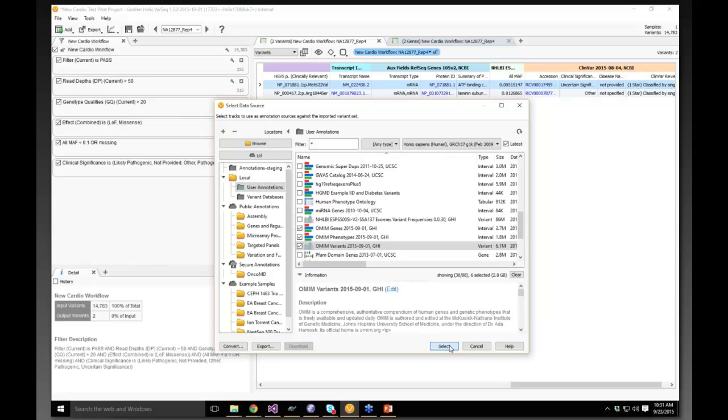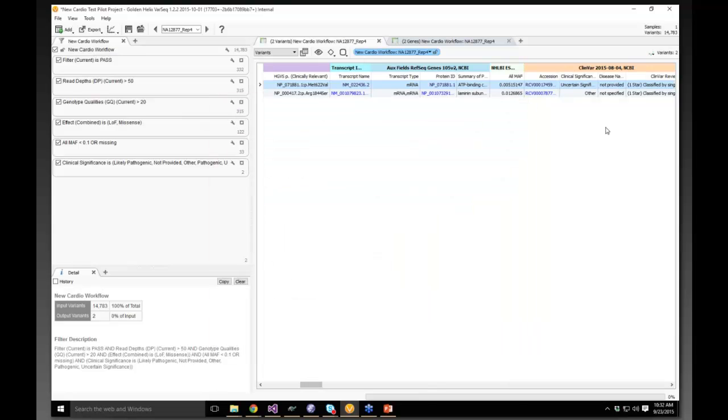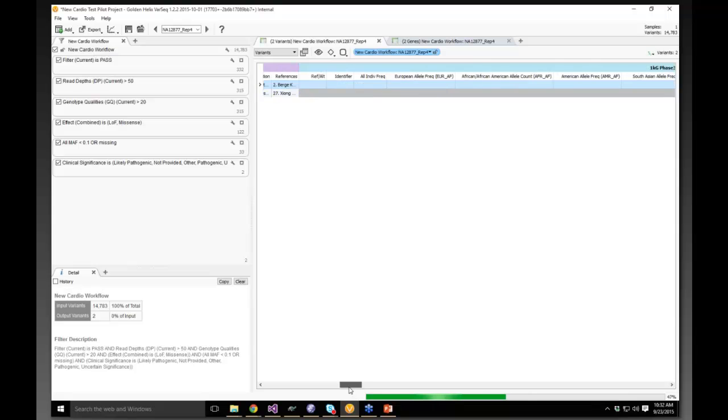And when VarSeq adds annotations interactively, as well as when we're doing this from a new project template perspective, it can take advantage of the fact that this is a multi-core machine, and so a lot of those annotations will come in very quickly and in the background. If I click up here on this little spinning tile, you can see it's computing, and then it's pretty much finished. So finally, I get these new columns that contain all this information, things like OMIM phenotypes